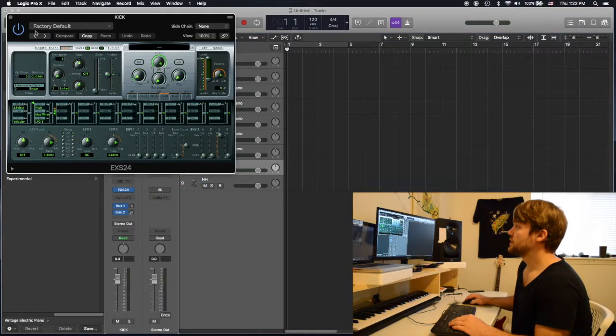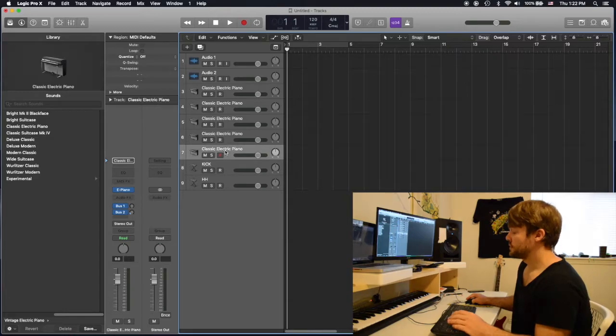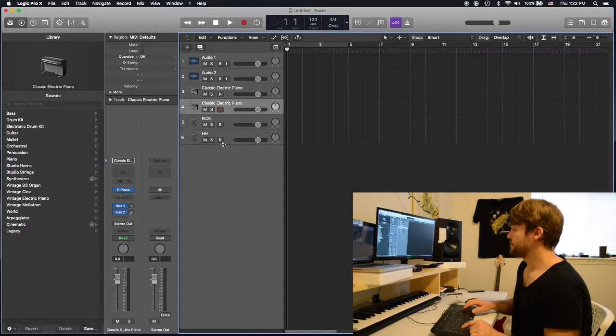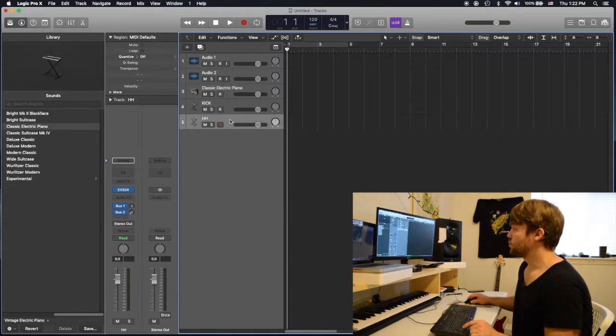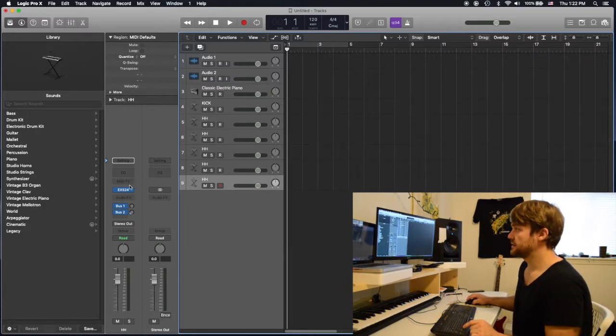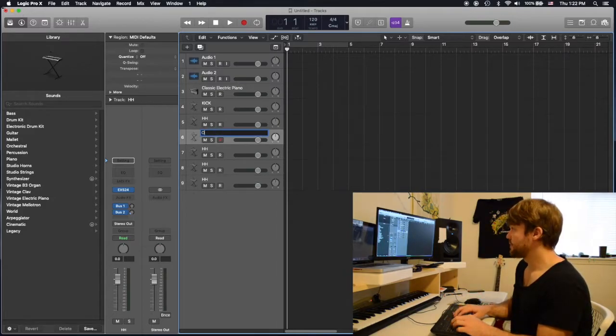You know what I should have done? Let's go back. We can leave one of those though for an Alchemy. Why not just copy the one that already has the EXS in it? That's a good way to do it. Okay. So hi-hat, maybe we got one for